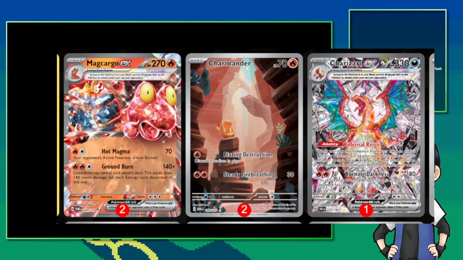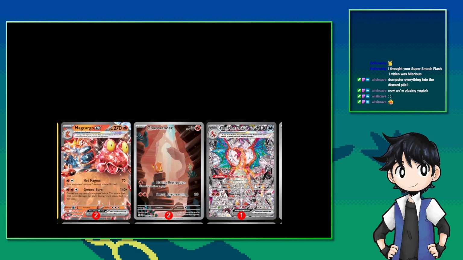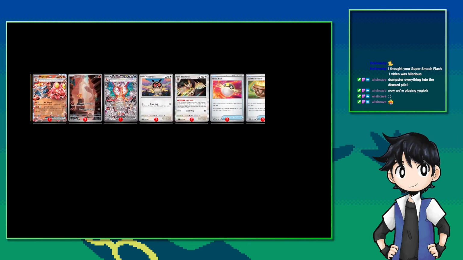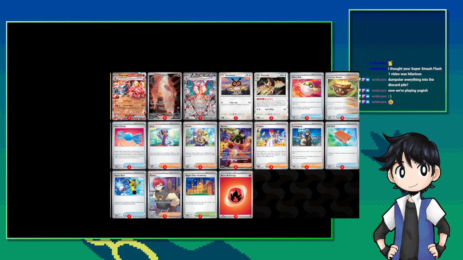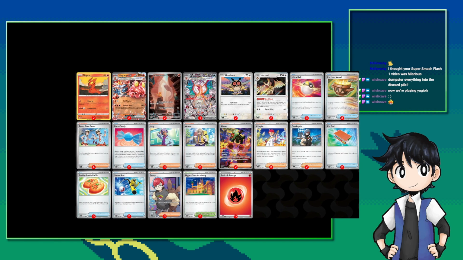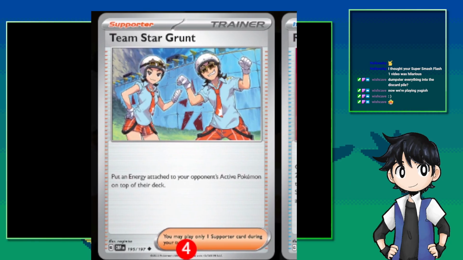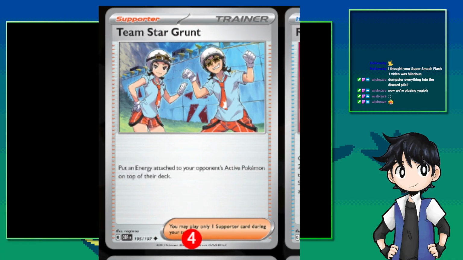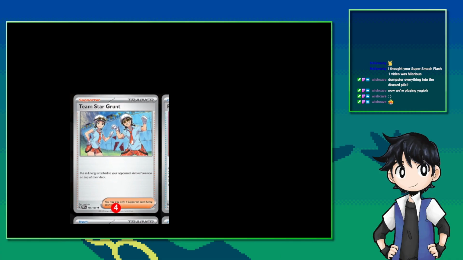So the question is, how do you get Ground Burn set up? Well, first of all, there is a card. Where is it? There it is. There is a card called Team Star Grunt. So this puts an energy attached to your opponent's active Pokemon on top of their deck. So that already sets up an extra 140 damage on Ground Burn. But you can do it even more consistently